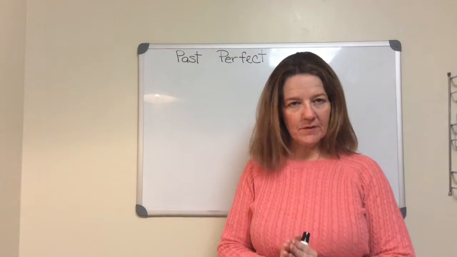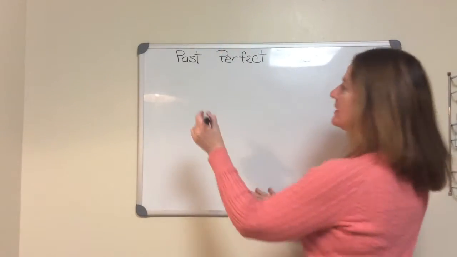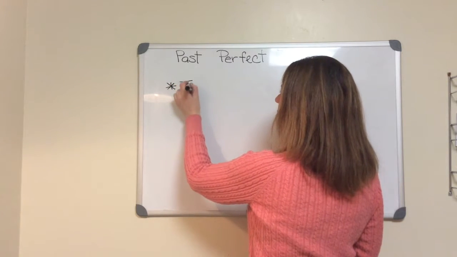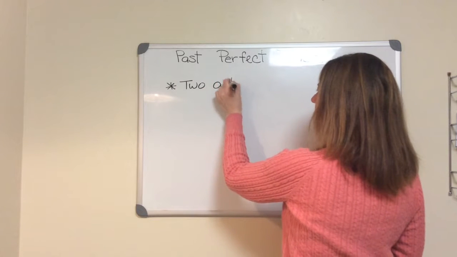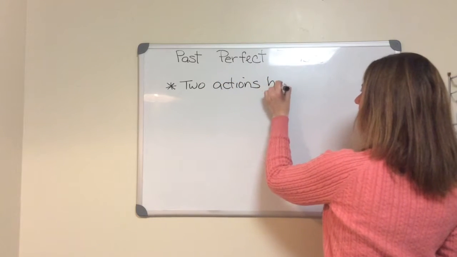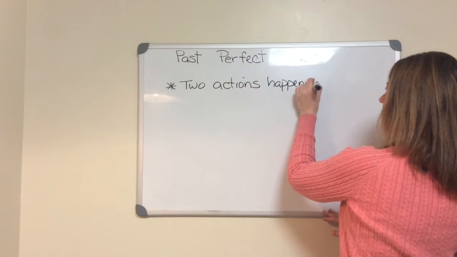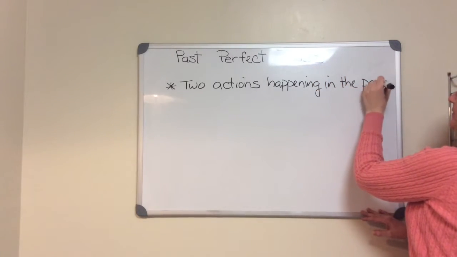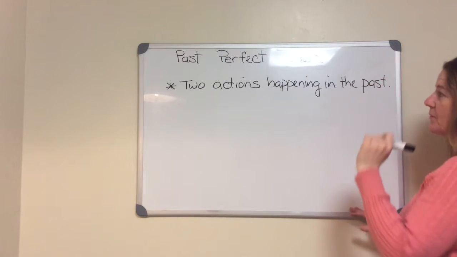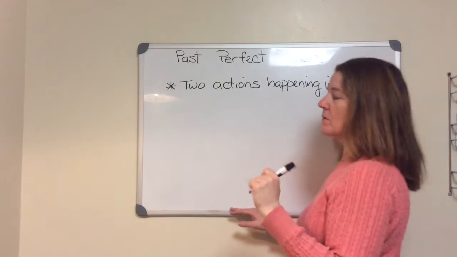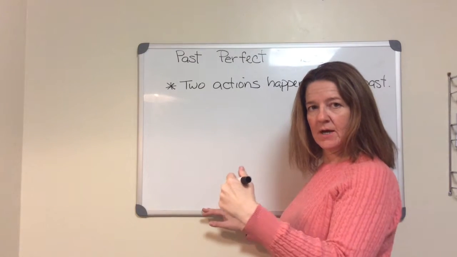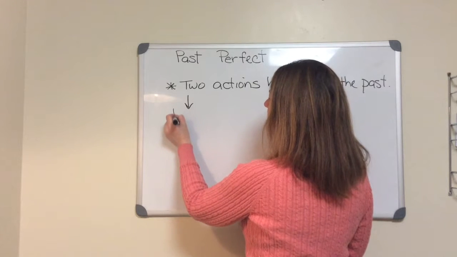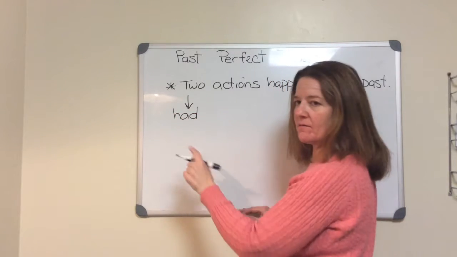Let's talk about the past perfect tense. In order to use the past perfect tense, it's two actions happening in the past. So we want to think, why do we use past perfect then? We use past perfect to show which action happened first, which action happened second. To make past perfect, we use had, not have, because this is past,